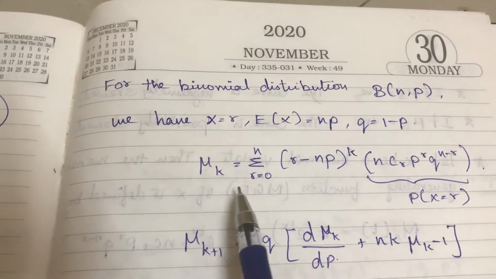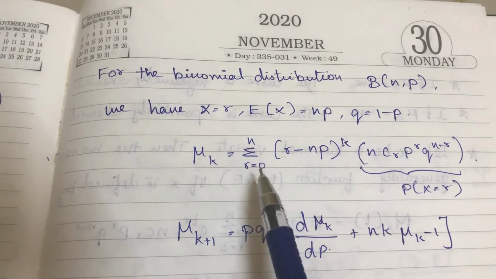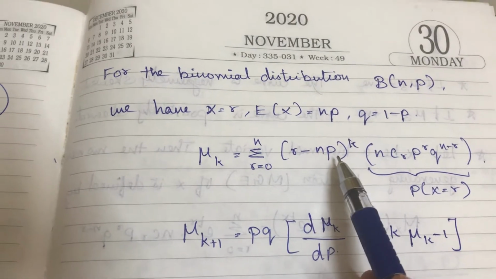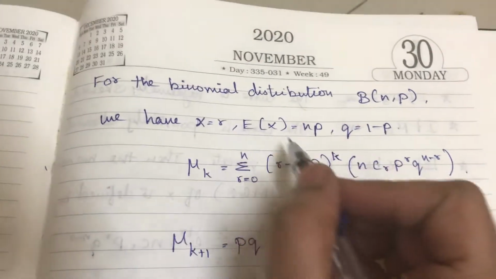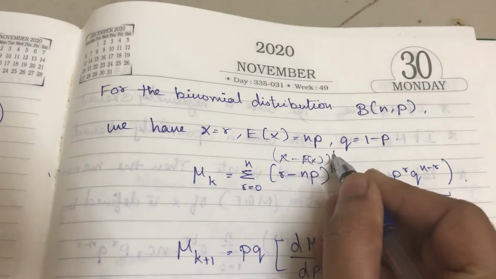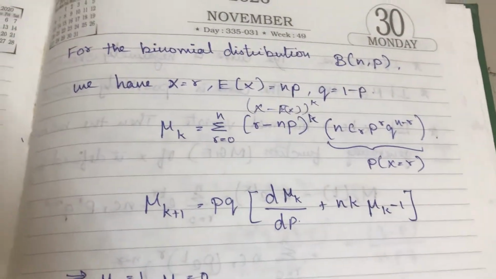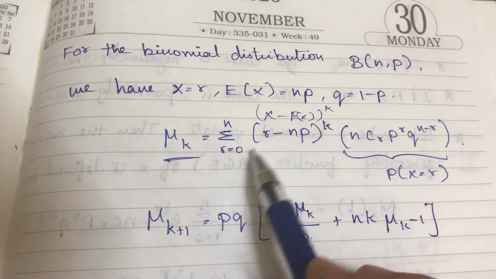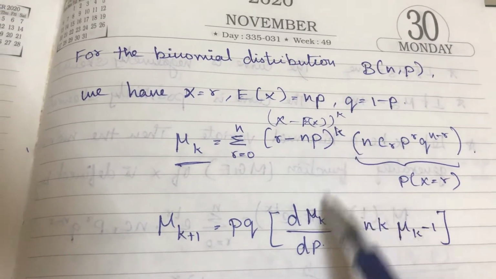So we can write mu k equal to the summation for r equal to 0 to n of (r minus np) the whole power k,